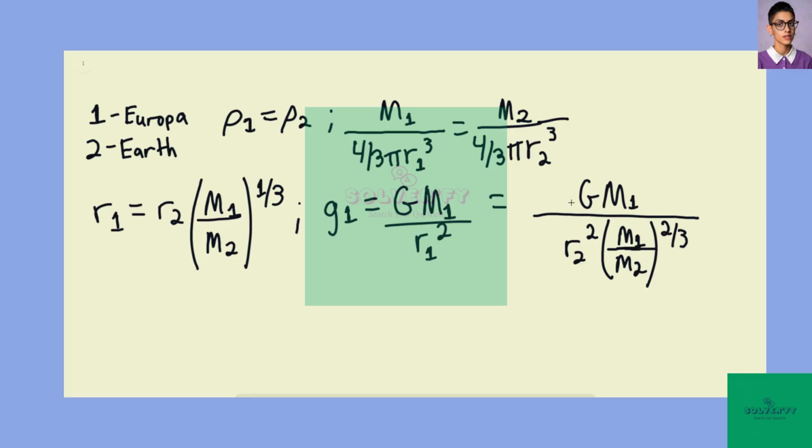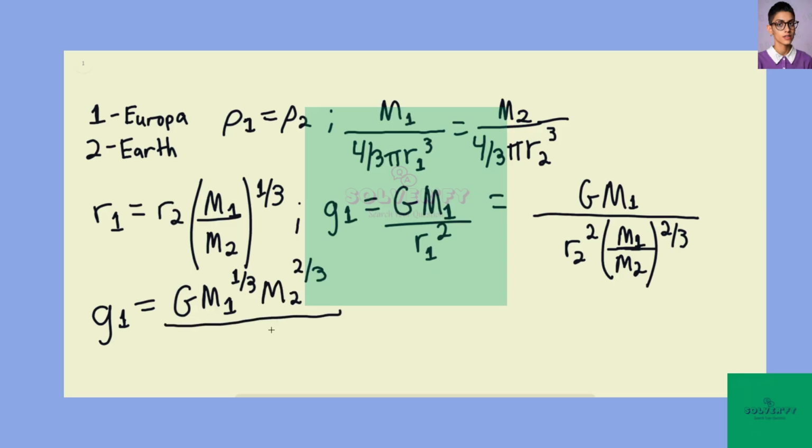And at this point, we can simplify: the gravity on Europa's surface would be equal to G m sub 1 to the 1/3 times m sub 2 to the 2/3 divided by